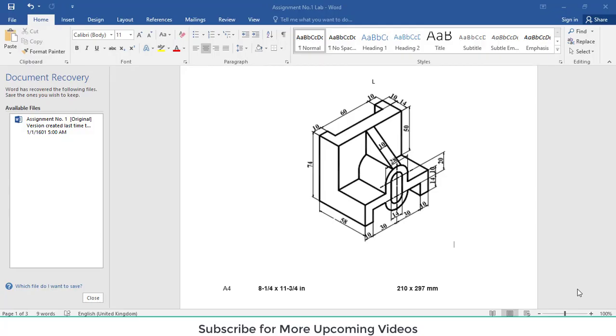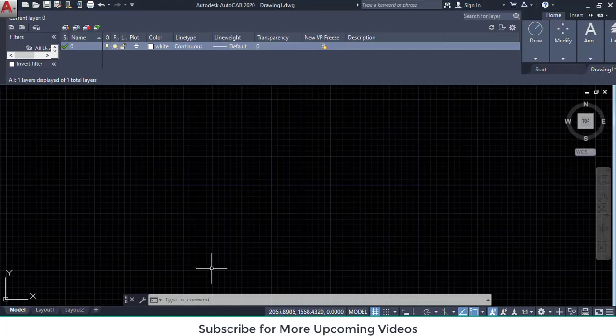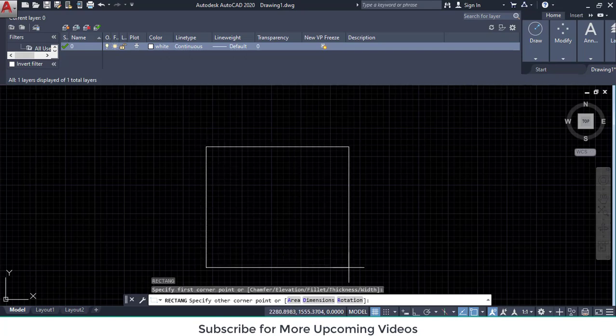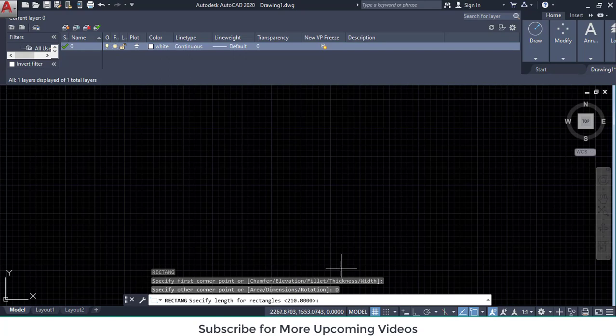Bismillahirrahmanirrahim. In this lecture, I draw the three views of the given drawing in AutoCAD 2020. So, first I draw the A4 page. The length of A4 page is 210 millimeter and width of A4 page is 297 millimeter. So, I type command for rectangle in the command window, specify first corner and then dimensions,